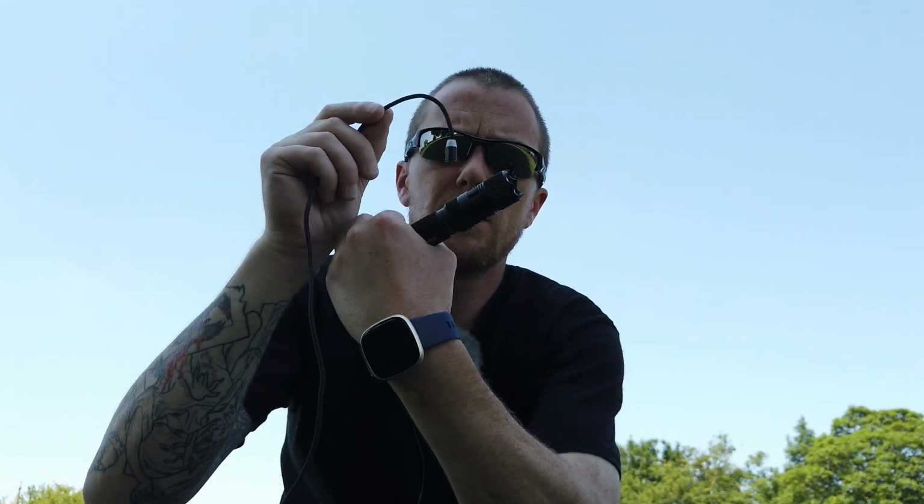Now, it does have a pocket clip. I don't use it because I use the retention holster, but it is reversible, so you can carry it tail up or tail down. And one of the nice things about this is it has magnetic charging. Now, when I unboxed this and I looked at the charger, I thought I recognised that. And it's because this charger comes from one of my Brynites. And as we can see,